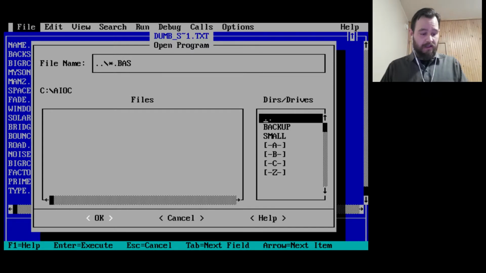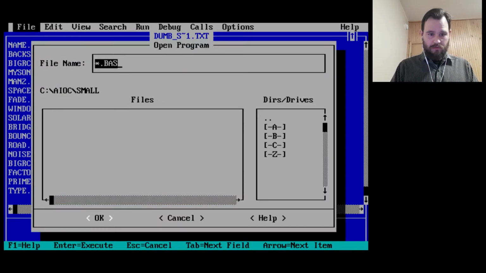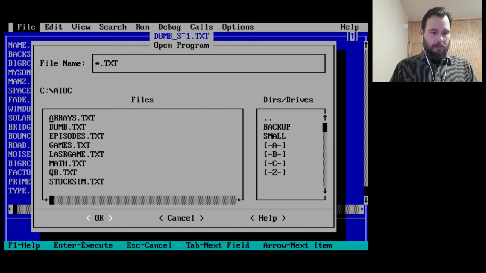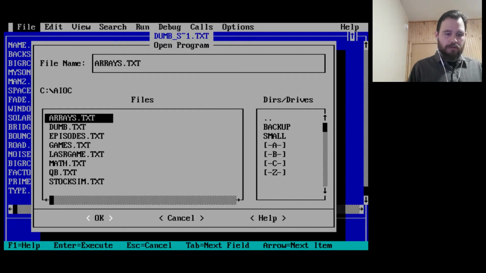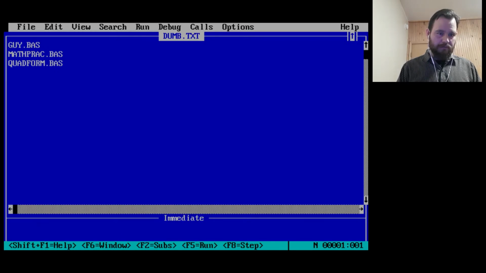Yeah. So anyway, the other thing I wanted to say about this. Oh no, I'm not in the small directory. The other thing I wanted to say is, we have a lot of programs left. Here are the big programs in the dump folder. So there are a few.